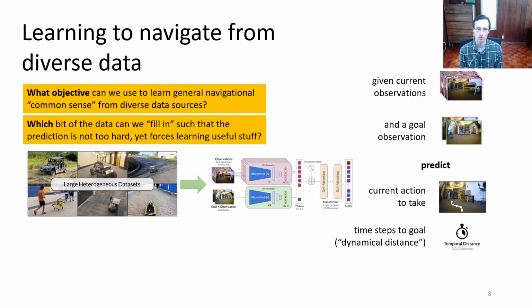And in fact, when we use these kinds of models for online reinforcement learning fine-tuning, we'll actually build directly on this intuition. But for now, this is basically the setup. It's a very general objective. You can use any navigational data, because as long as you can pull out actions, you can address these kind